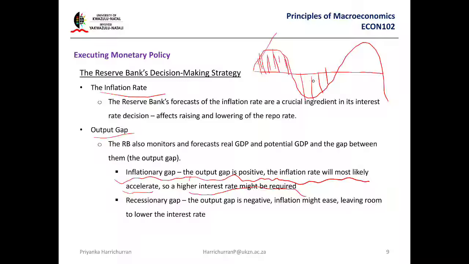Now, when it's over here, think about it. Inflation is going down, but now you need to bring inflation up. Also over here, people have less money, right? In your recessionary gap, recession is bad. People have less money. So if you reduce interest rates, loans become very, very cheap. Therefore, people take loans, more money is added to the economy. Also, savings. There's lower interest rates, so nobody's going to save. So more money will stay in the economy. Therefore, it increases. So that's how you work this out.